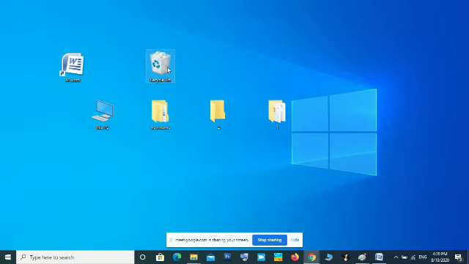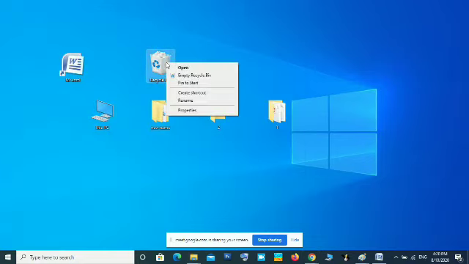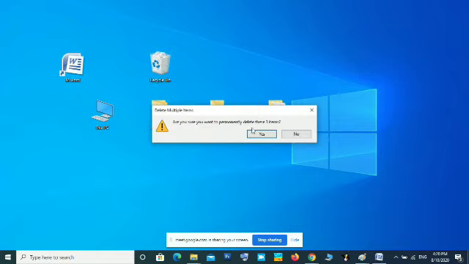Now when I open that recycle bin, I can see 1 folder with the B name, then sample. One sample I deleted from desktop, this folder. Another sample I deleted from this new name folder. So if I want to delete all these files permanently, just right click on that recycle bin and select empty recycle bin. When I select this empty recycle bin, whatever contents in recycle bin will be deleted.